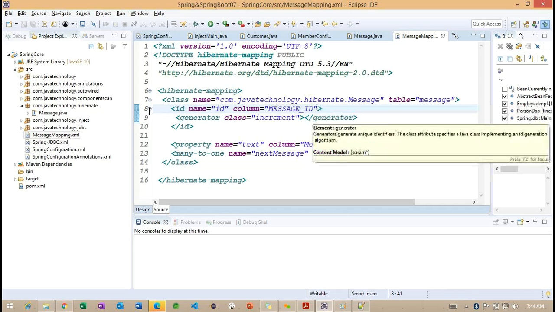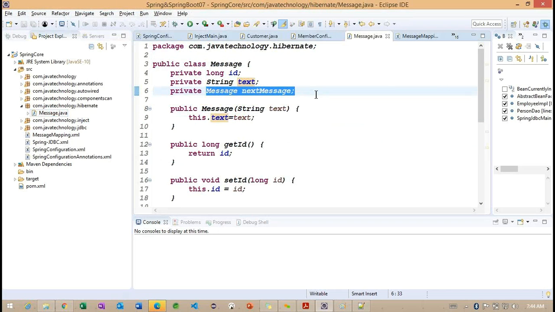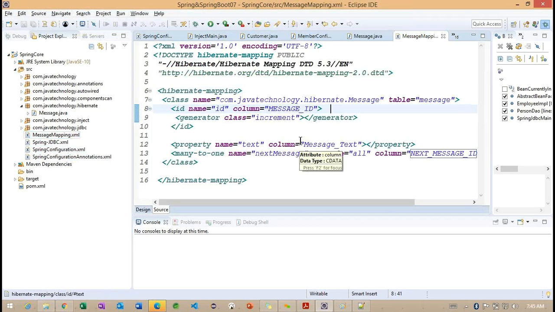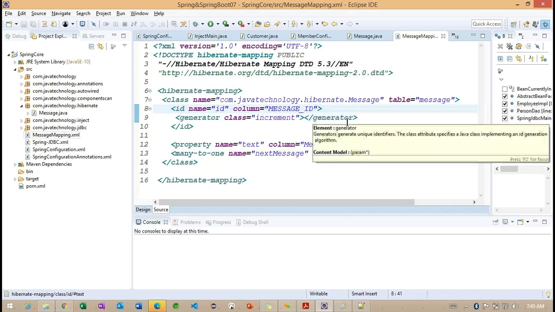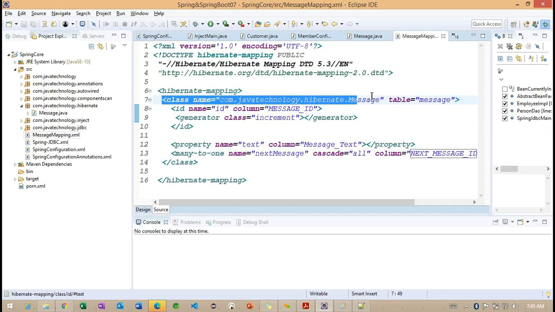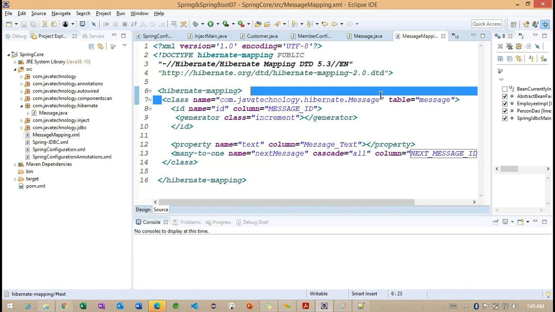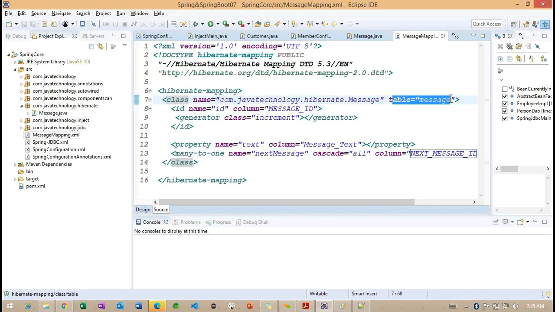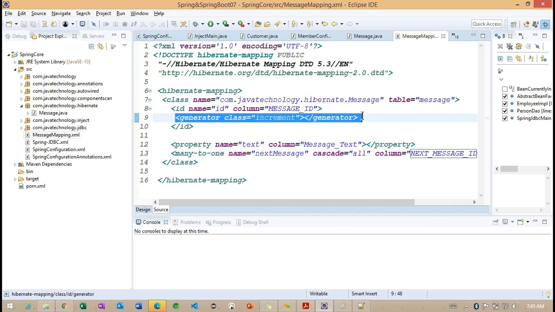See carefully, whenever we create any model class, what happens internally? We are going to have a mapping file. For this particular class, we are going to have one mapping file. And what is the class we are having? We need to specify it with the fully packaged name. And later we need to work on what is the table we are trying to create, and the ID information. Increment is nothing but the value which is going to be incremented automatically.